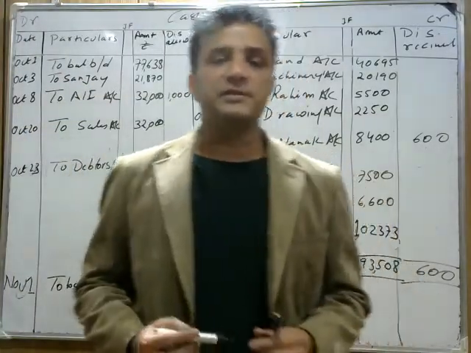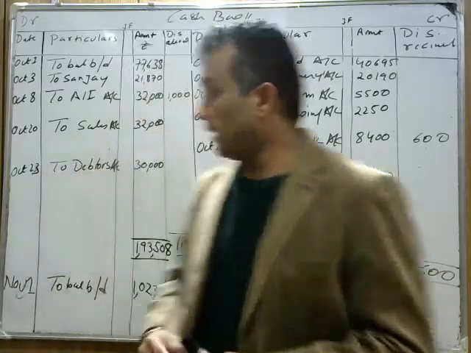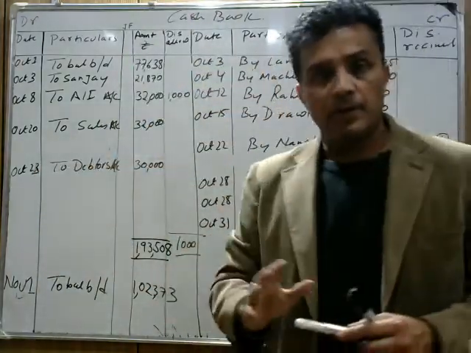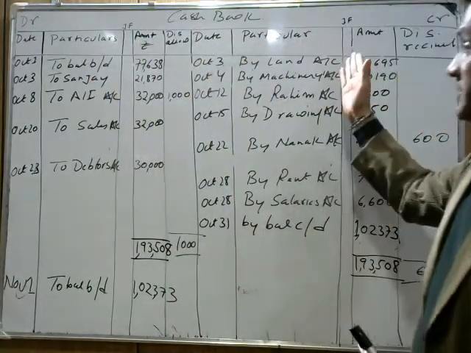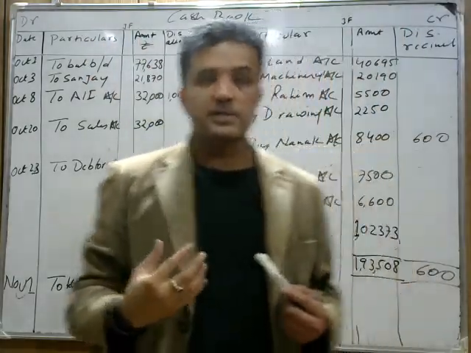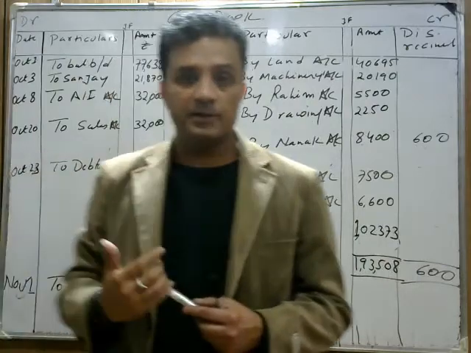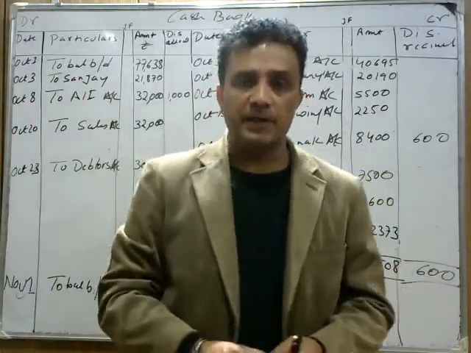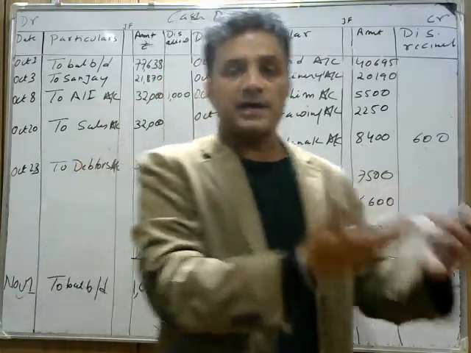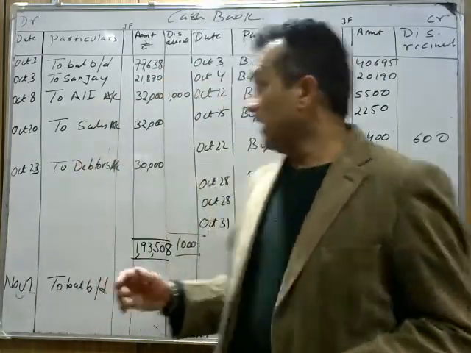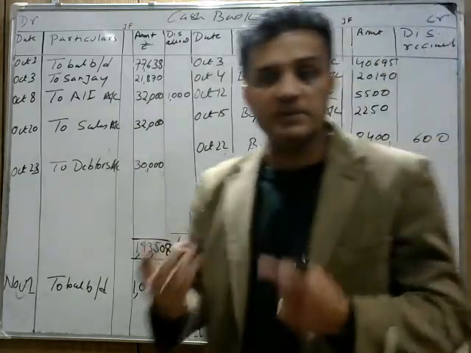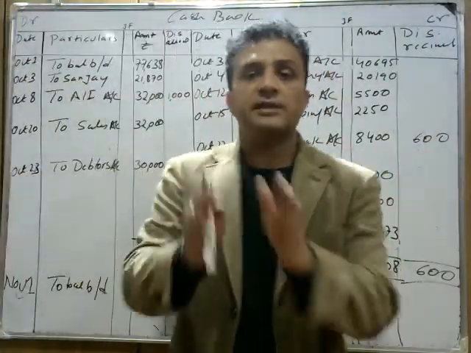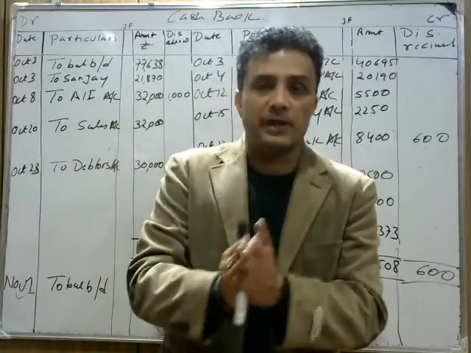This is the cash book with discount column. I hope all the transactions are clear to you. You understand how the transaction process works. This is the receipt side, this is the payment side. When cash is coming into the business, it is on the receipt side, debited. When we pay cash for business purposes, to any creditors, for an asset purchase, or a goods purchase, it goes on the credit side, the payment side. We don't balance the discount because discount received and discount allowed are two different accounts.